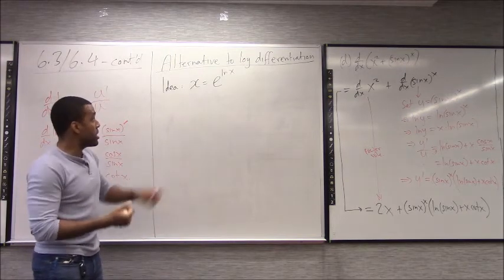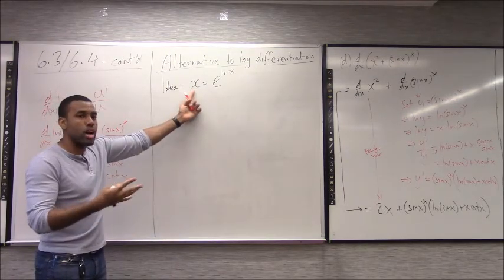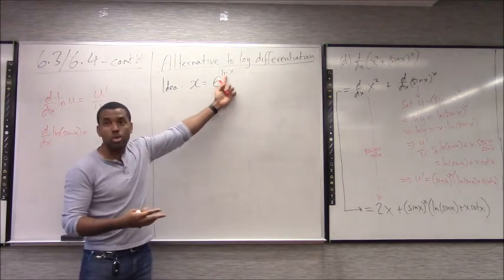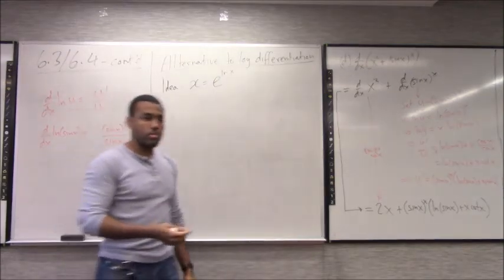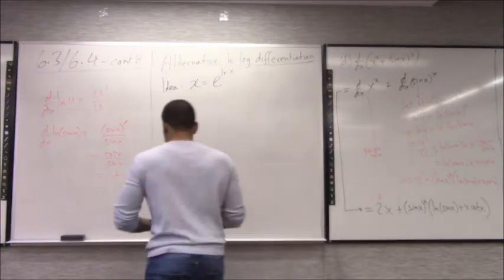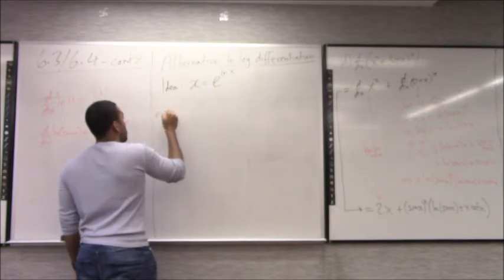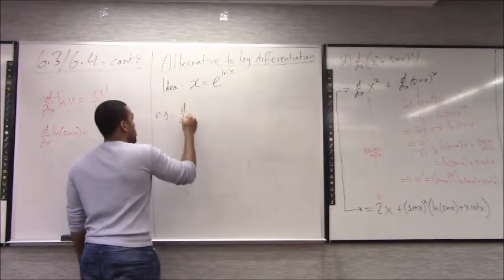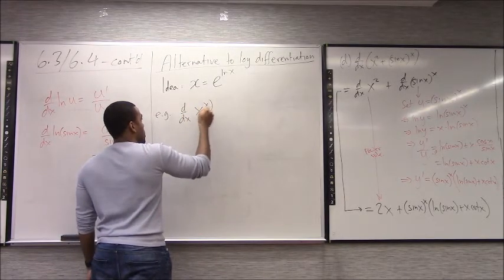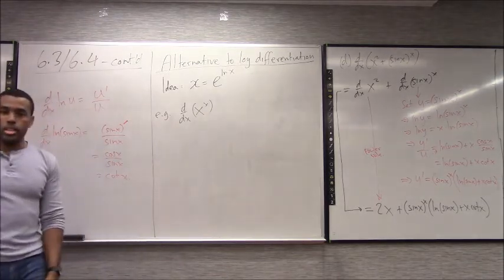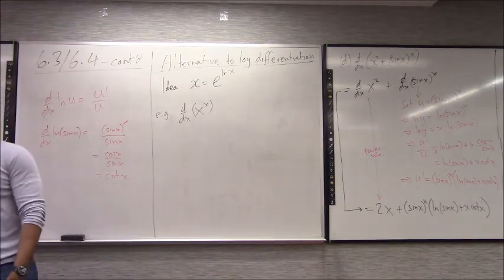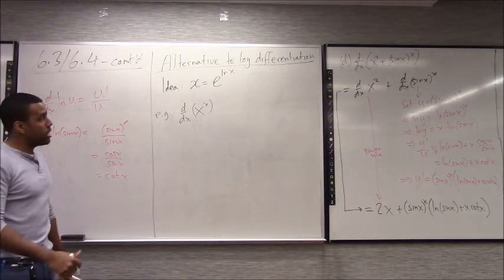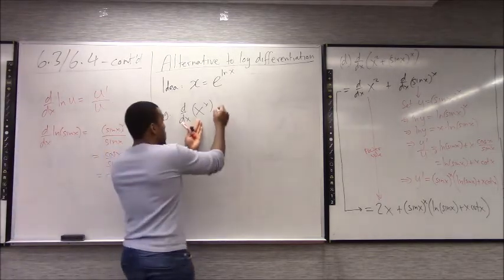So if the thing doesn't have a log, I could write it in a form where it now does have a log. Okay, so let's do an example with that. Let's go back over the simple one so you can kind of follow me here. Let's say you wanted to differentiate this, and you don't want to go separately. Okay, set y equal to this, differentiate both sides, blah, blah, blah. You could actually just rewrite this right away